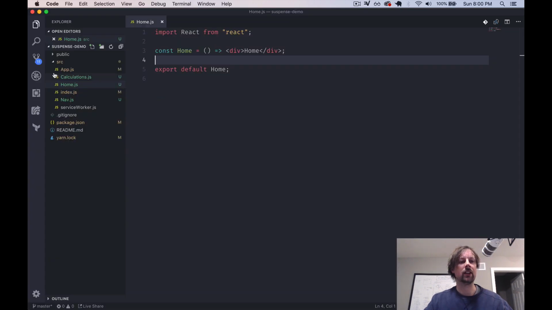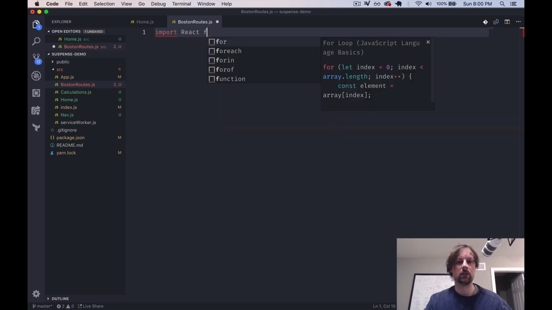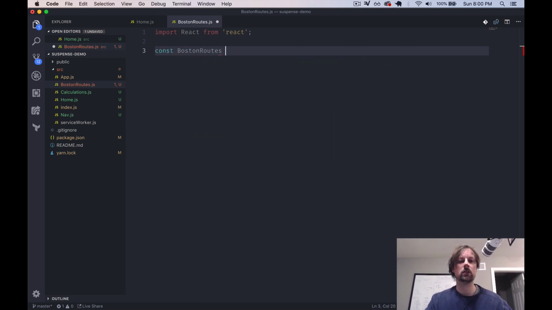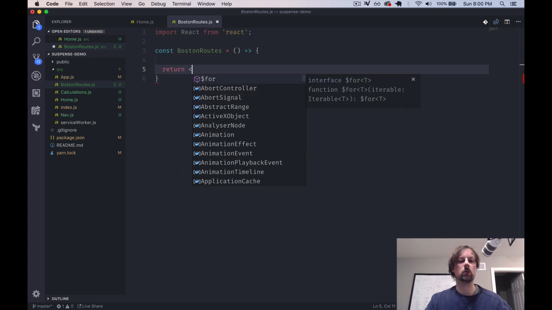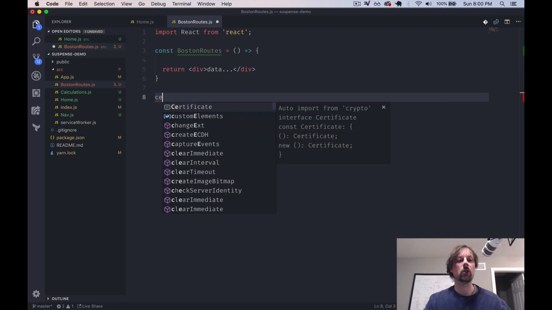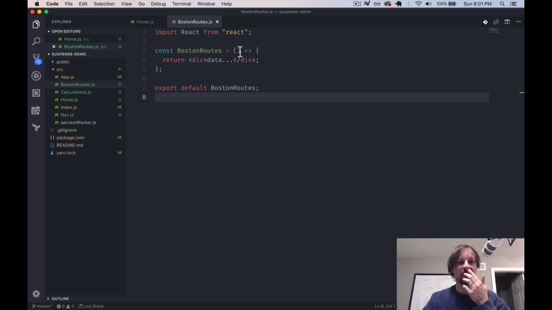So we'll come back here, and the first thing we're going to do is create a component and call it BostonRoutes.js. This will be just a simple functional style component, so we can use hooks. So import React from React, and we will have BostonRoutes, which will return data. Very nice. So export default BostonRoutes, and then let's use it